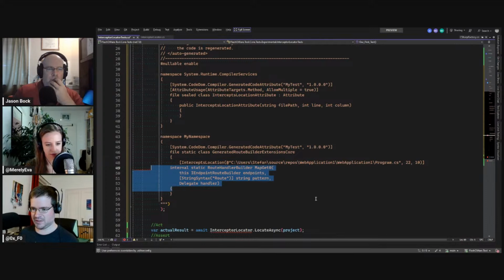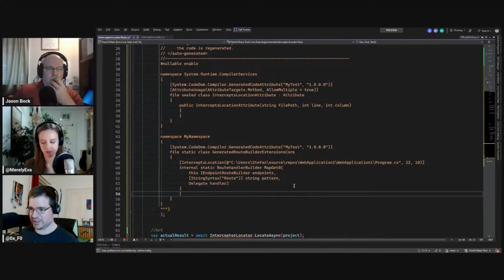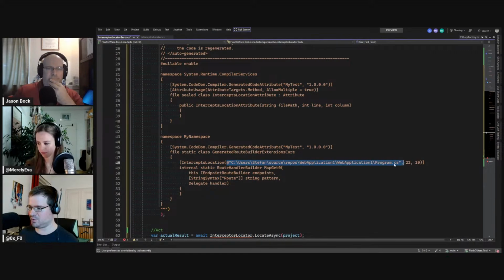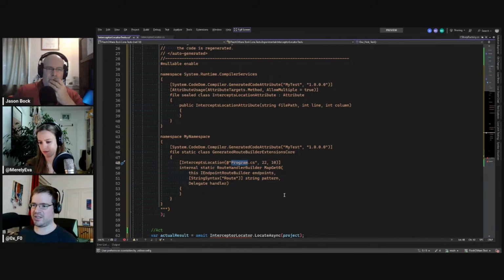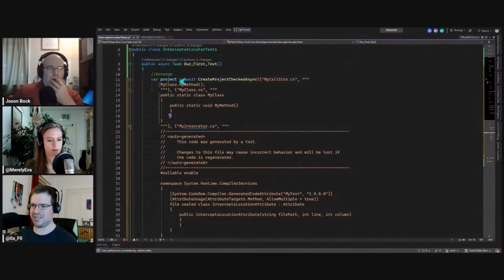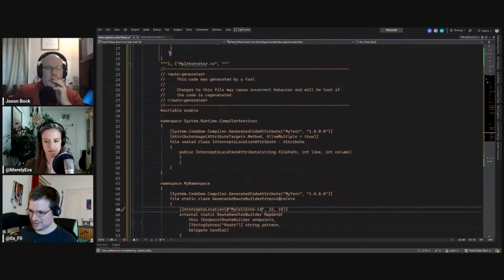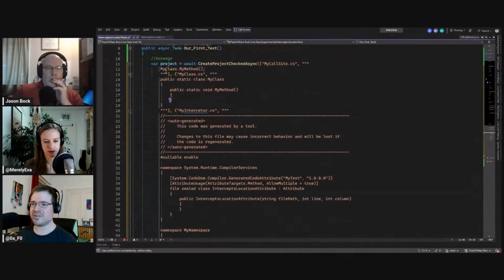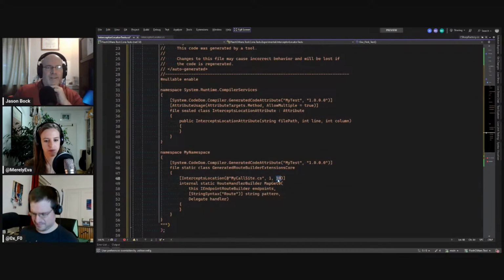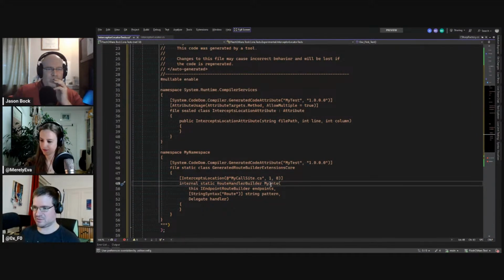If we got that right, which now needs to point to, well, I think it's just in the root. So what are we intercepting? We are intercepting this. So this should be my callsite.cs. And it will be in line 1 at character position 1, 2, 3, 4, 5, 6, 7, 8. And this will be my interceptor.